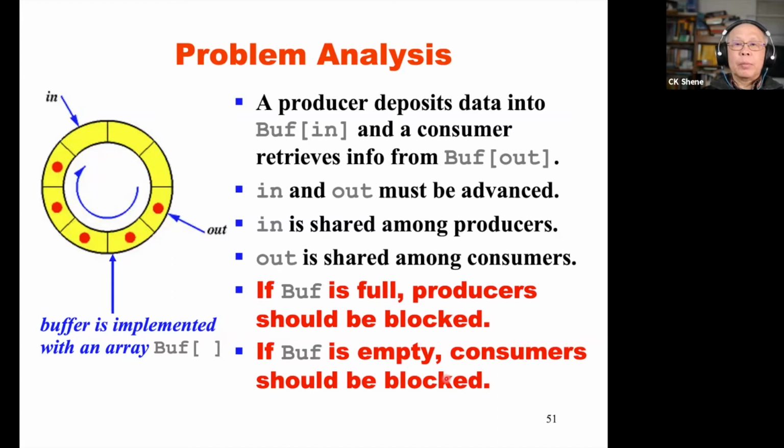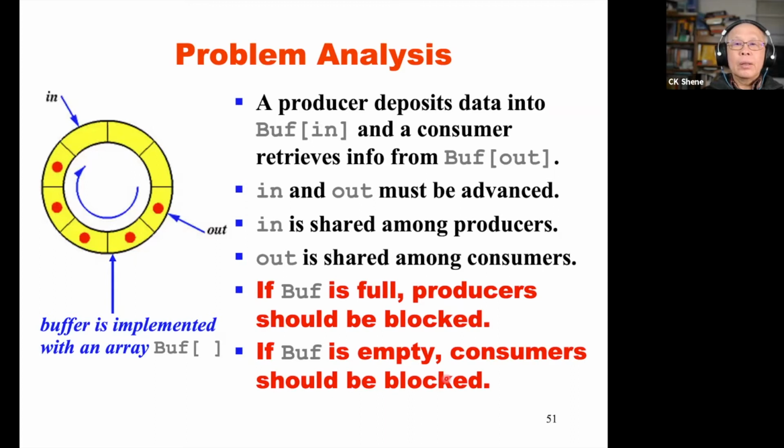For example, if a producer is blocked due to the buffer being full, then when a consumer comes, this consumer, of course, can retrieve the information out of that buffer. Instantly, after retrieving this information, the buffer is no more full. Isn't it that this consumer has to inform a waiting producer,